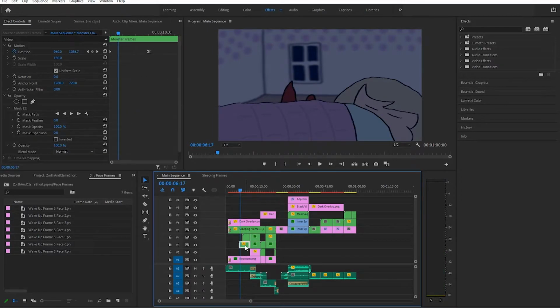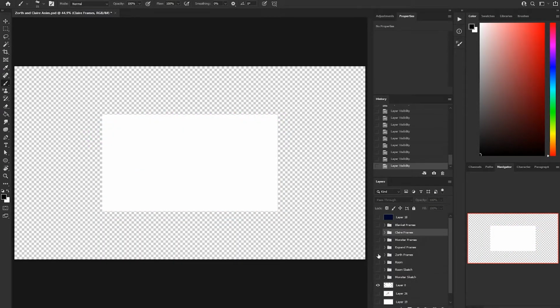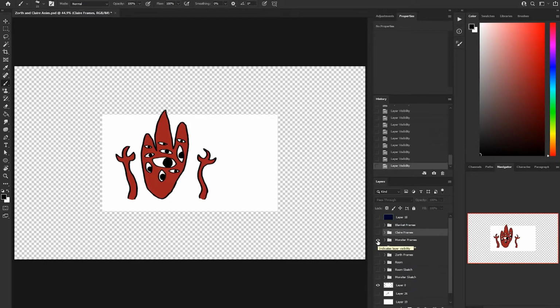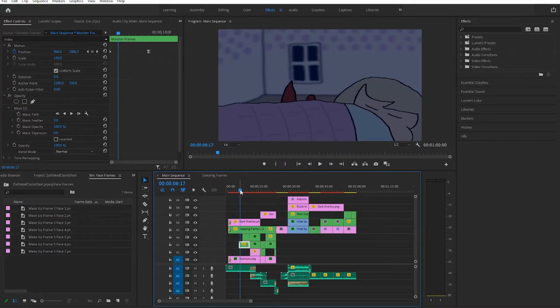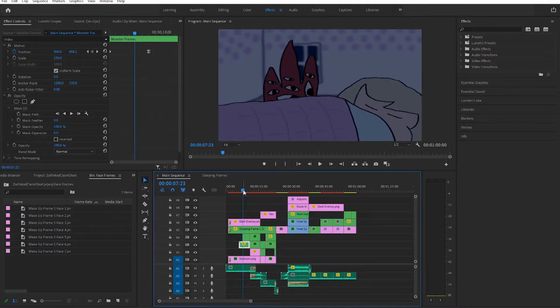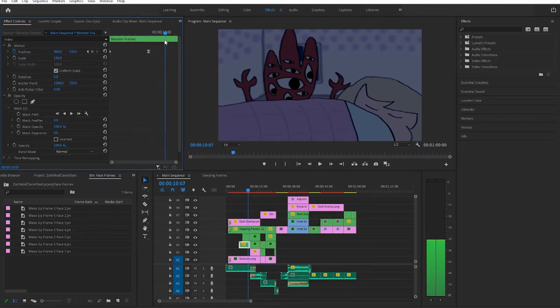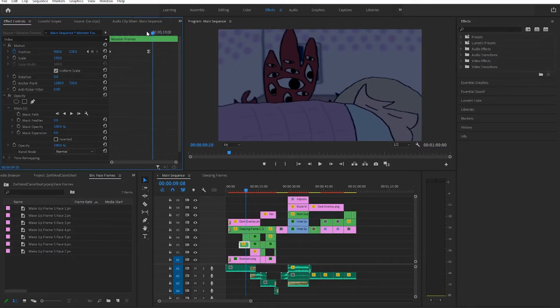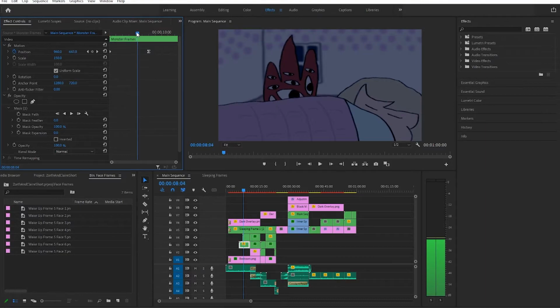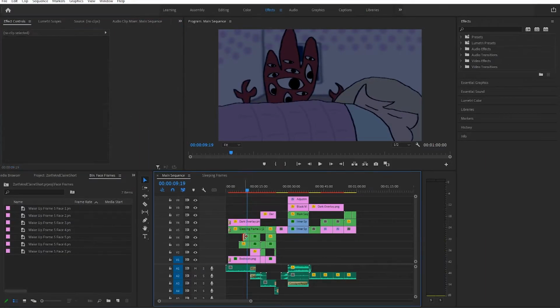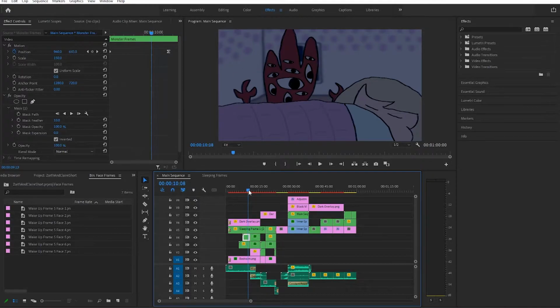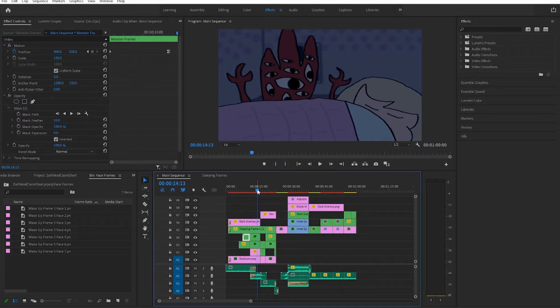Even certain stuff like the monster that appears is again just the frames that I drew in Photoshop, brought into Premiere and animated. I just animate the movement up here in the left in a certain way. And some things are separate, so the monster in this part is just a monster rising, but then right here, this is the arms coming out separately.